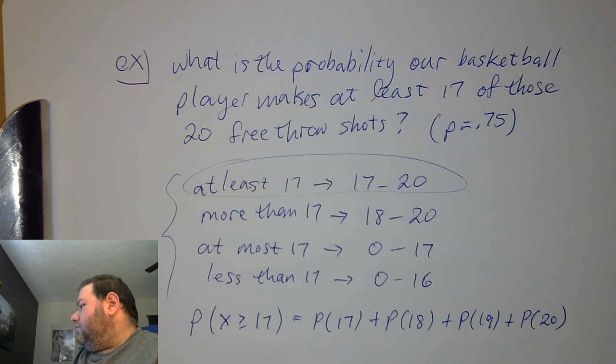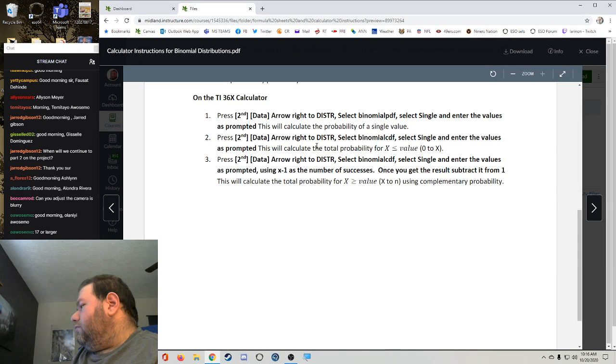And we'll use the 36. So let me show you these instructions. For the 36 calculator, if we want x less than or equal to a value, or 0 through x, then we follow these steps. And if we want x greater than or equal to a value, which is from x to n, then we'll follow these steps. Now, basically,